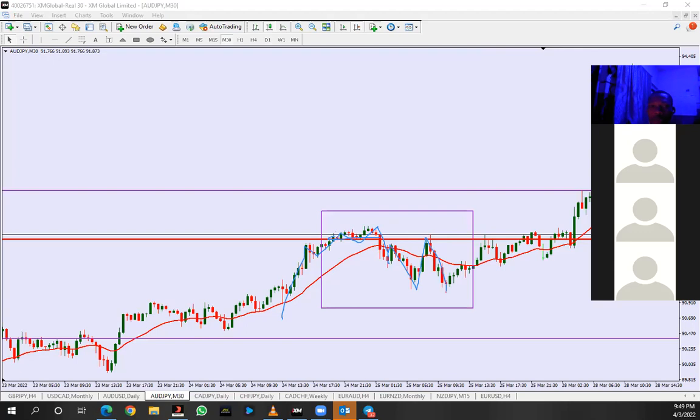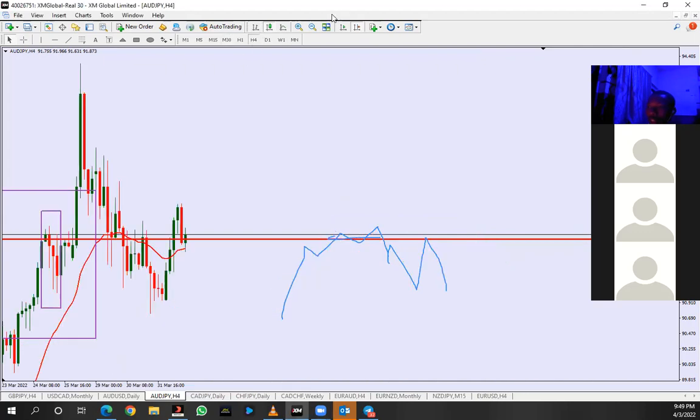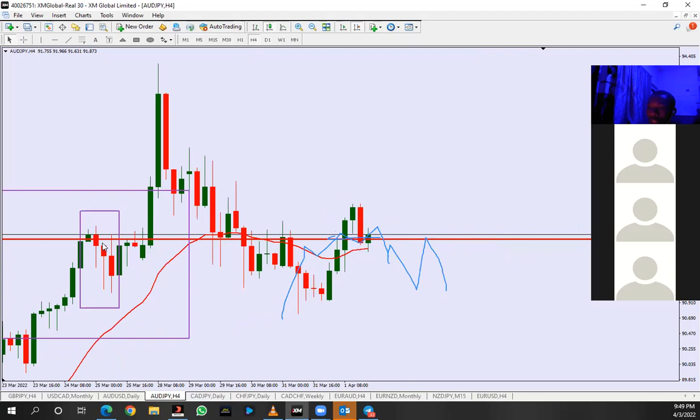We are supposed to do what? Since we have a break in 30 minutes market structure, if you come down to the 4 hours to confirm the market structure break, you will notice one thing. There is a break. This is the particular level we're looking at. There's a break around this point. These are our breakout candles of market structure. So we are expecting price to drop down to this particular moving average level.